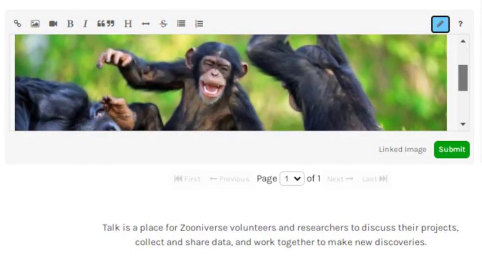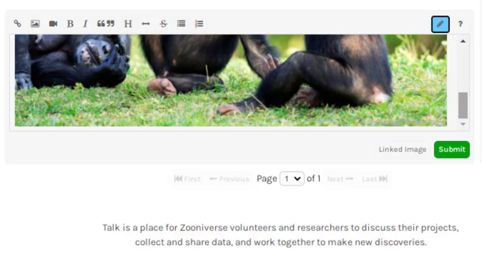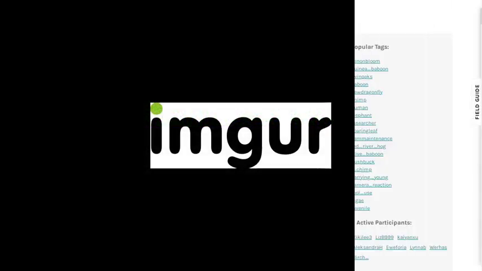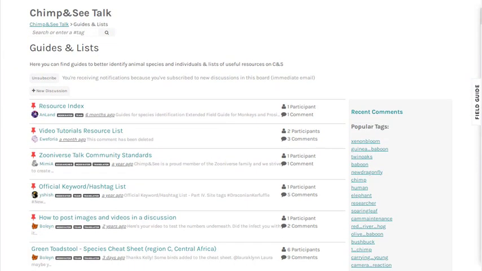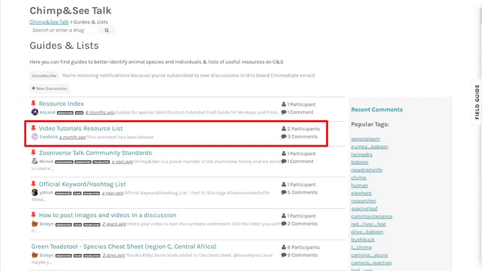However, Zooniverse recommends that you use a free service called Imgur for uploading images, and we describe how to do that in a separate video located in the Video Tutorials resource list. If you want to include an image in your message, it's really important that you view this video.